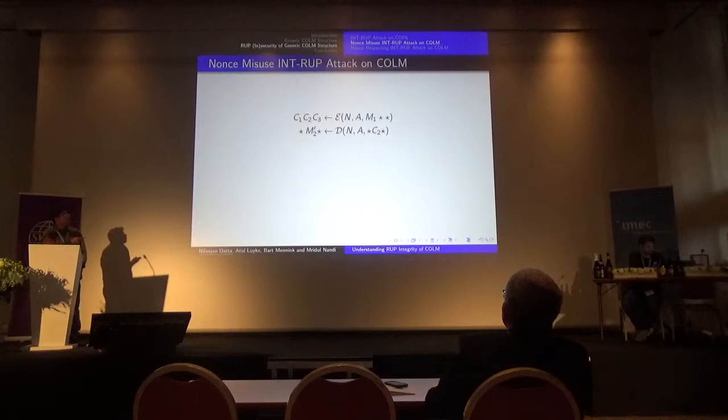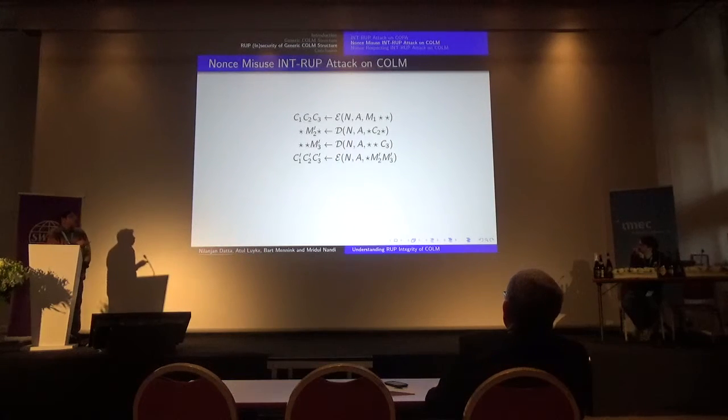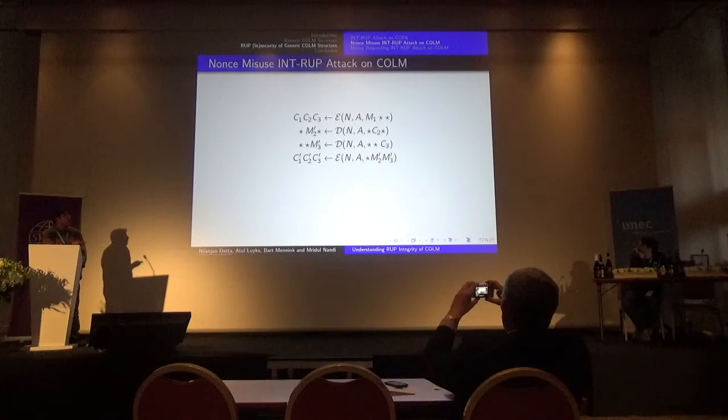Now it makes a RUP query with the second block as C2. Suppose the second plaintext block is M2 prime. It makes another decryption query with the last block as C3. Suppose it gets the plaintext back with the third block as M3 prime. Now if we make another query with the second block as M2 prime and the third block as M3 prime, then